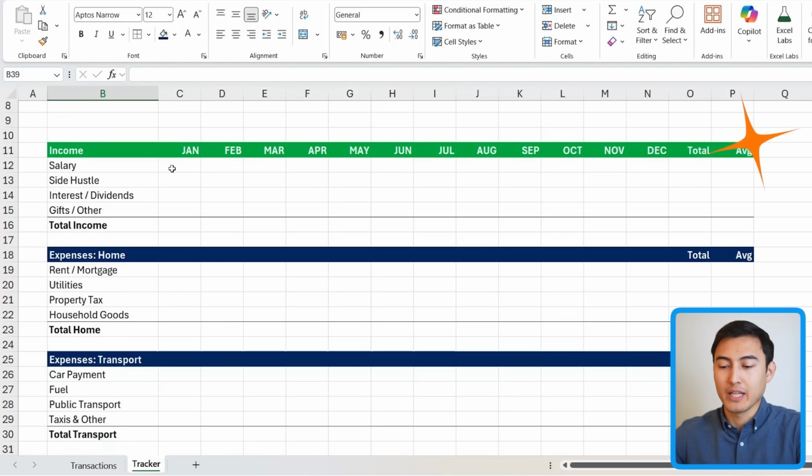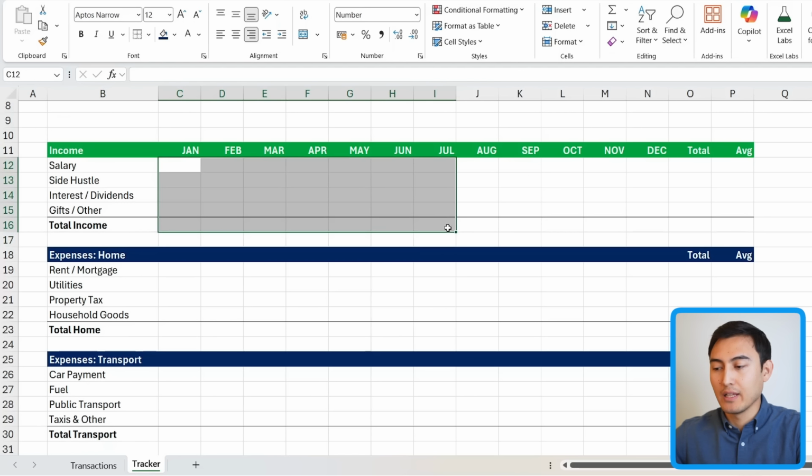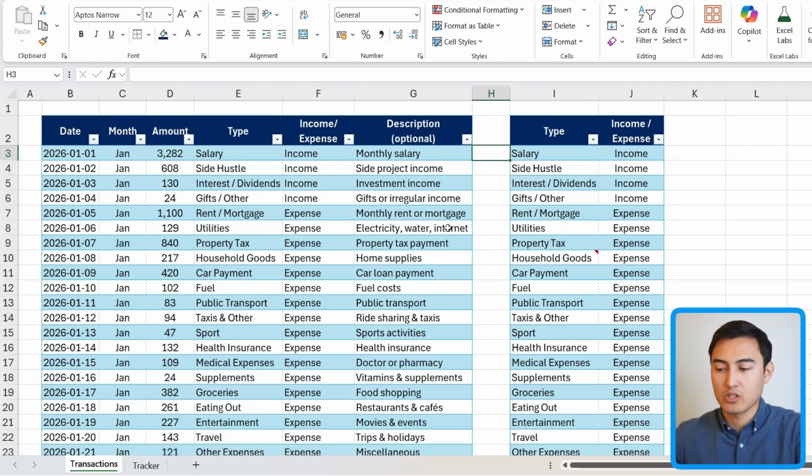Awesome, we have this formatting done, and now we're ready to actually fill them in with values based on the transactions using a formula. Before we do that, one thing this tracker doesn't cover much are Excel charts, and an